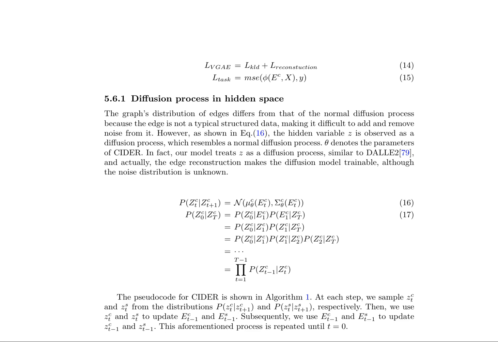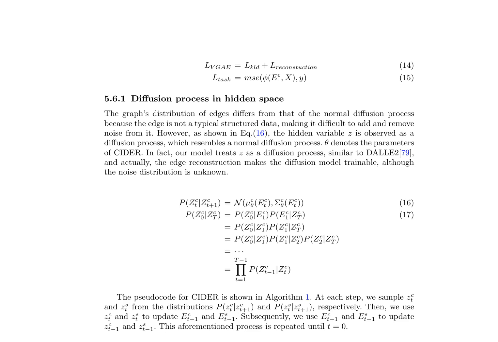The diffusion process in the hidden space is modeled using a Markov chain, where the hidden variable z is treated as a diffusion process. The transition probabilities are defined using the model's parameters, theta. By treating z as a diffusion process, similar to DALLE2, and leveraging edge reconstruction, the diffusion model becomes trainable despite the unknown noise distribution. The CIDER algorithm outlines the recurrent causal distillation process, where, at each step, ZCT and ZST